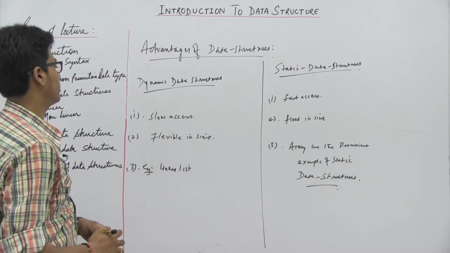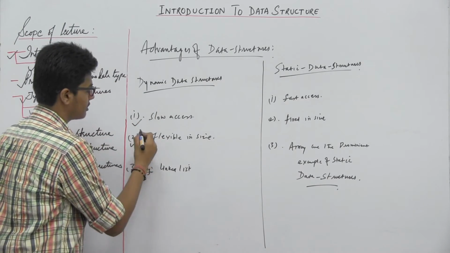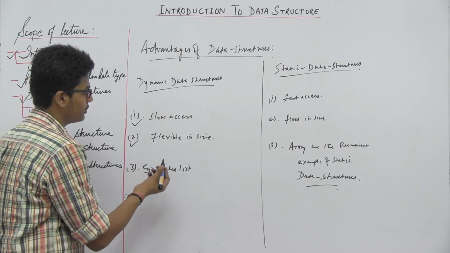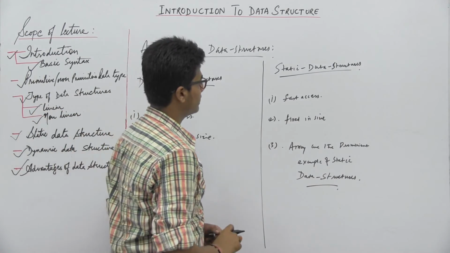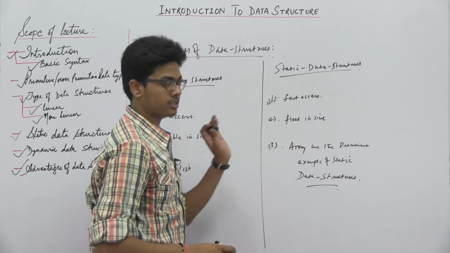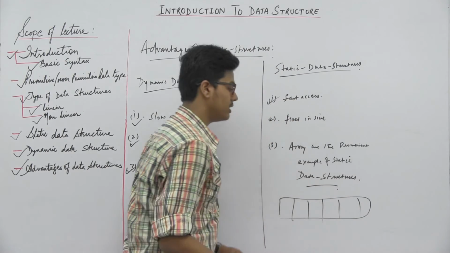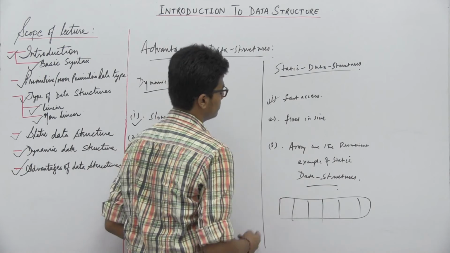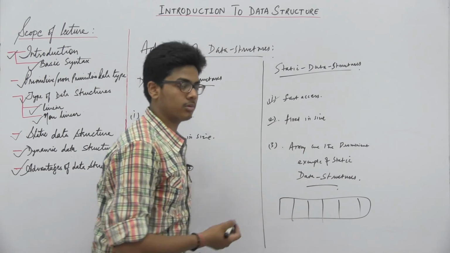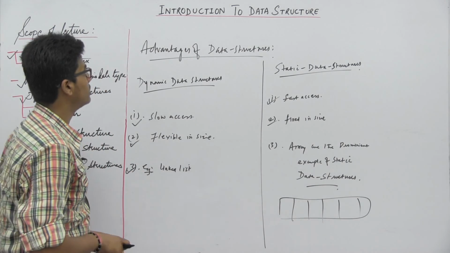So the main points are: in a dynamic data structure, access is slow, obviously because of inserting or deleting data during runtime, it is flexible in size, and an example is the linked list. In a static data structure, access is fast, in sequence form in an array. We see in an array we can easily search or sort data. It is fixed in size, as already discussed, and an example is the array. So these are the advantages of